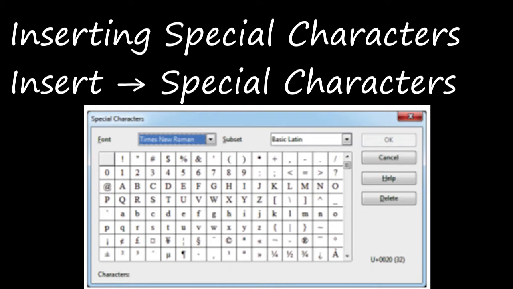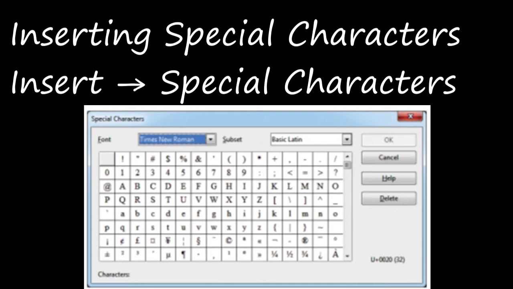And then next one is about inserting special characters. Special characters means we'll have some symbols in our keyboard, right? We'll have slash, hash, some dot or colon, semicolon. These characters and all we'll have in our keyboard. Other than this, we'll have some special characters like alpha, beta, pi, and many other special characters are there, right?